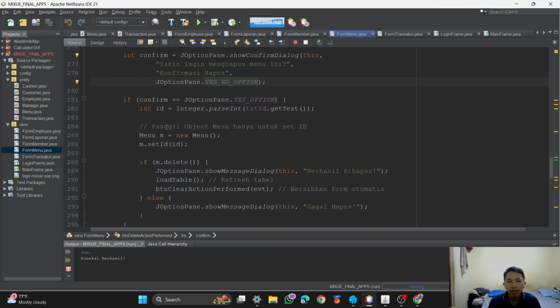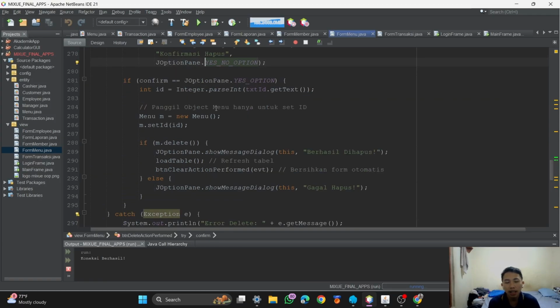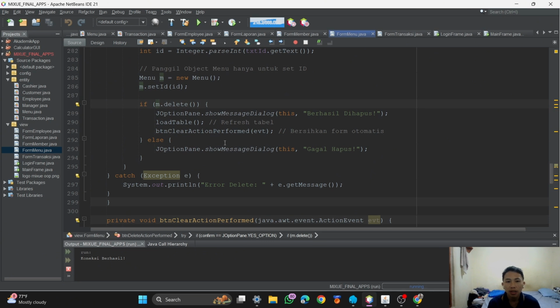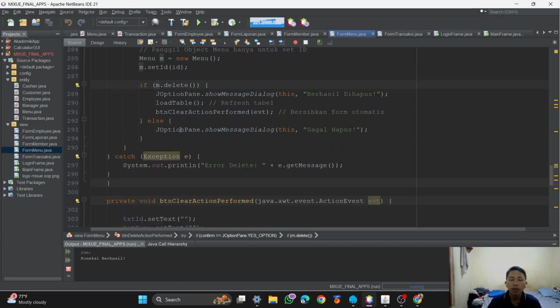If confirmed, that is if we click yes, it will delete the data from the table. There's the method; menu is the variable reference, and the dialog shows 'berhasil dihapus'.